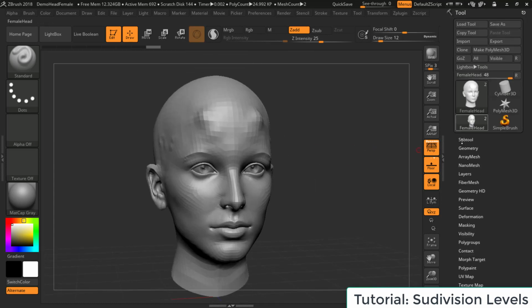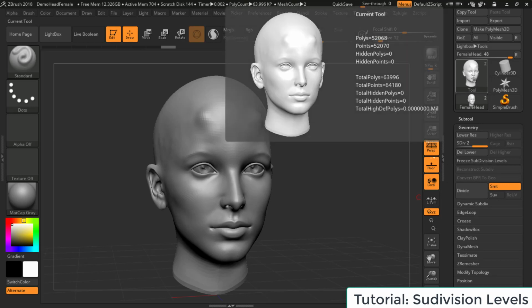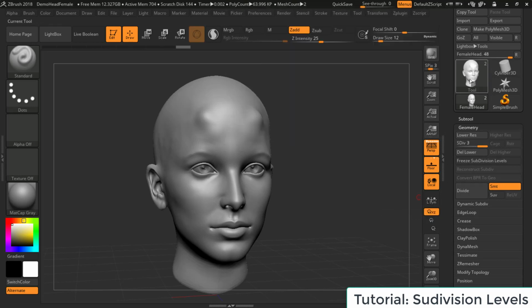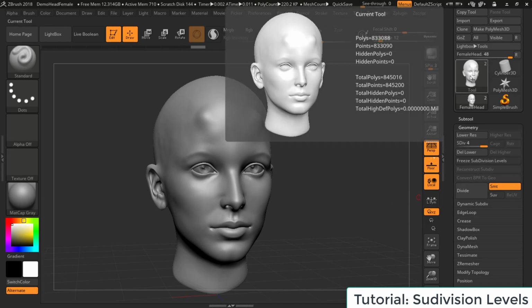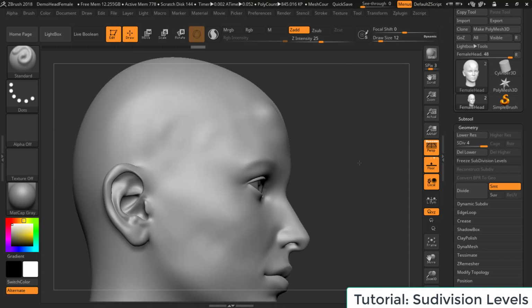So under the geometry tab here, we can hit divide. And this will subdivide the mesh. Just like doing a subdivision in Maya, it will quadruple the poly count and do a smooth algorithm, so it gives you a smooth result. You can turn that off if you want, but for organic models, we typically want to have smooth results. And now we're at about 50,000 polys. Just divide again, we should be at around 200,000. One more time, 800,000. And now we should see, if I try to add some blood vessels again,